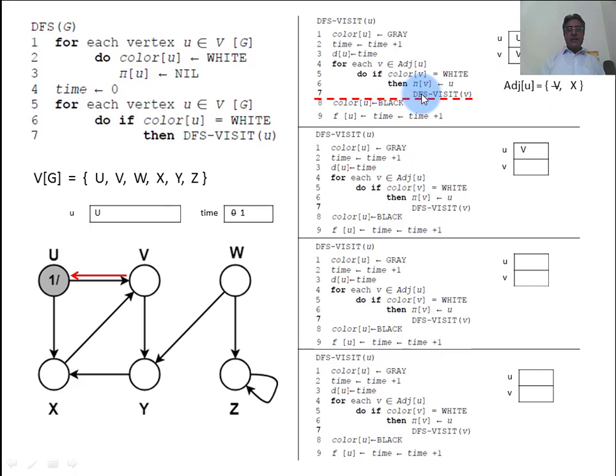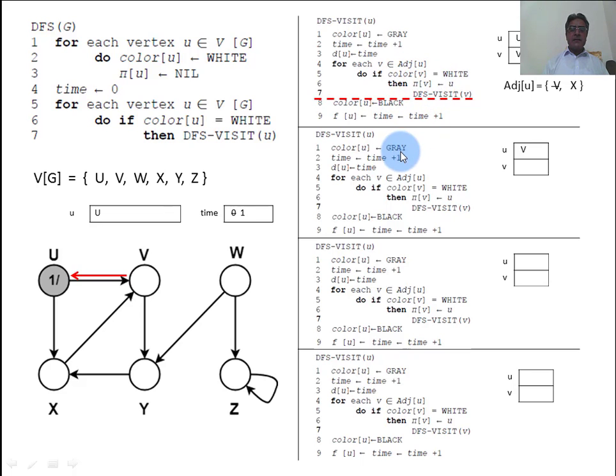After this line, it will call itself. So the remaining lines number 8 and 9 are not executed yet. The control has passed to this function, a recursive function, which calls itself again here. From here it has called itself, and the execution of lines 8 and 9 is pending.